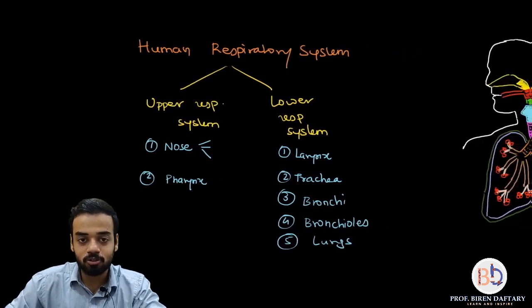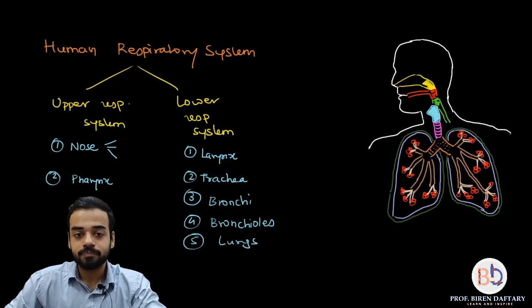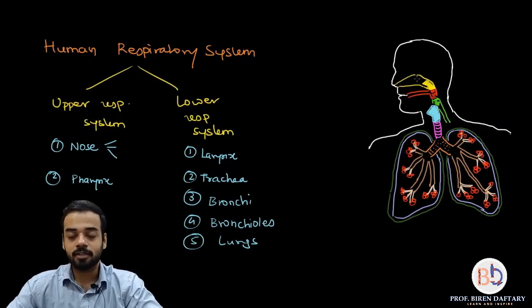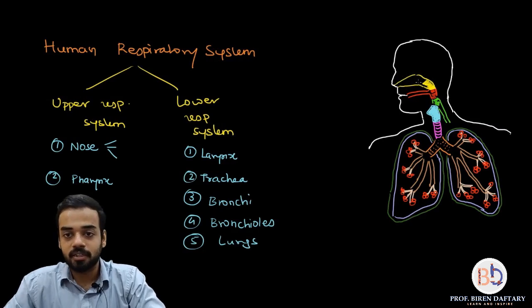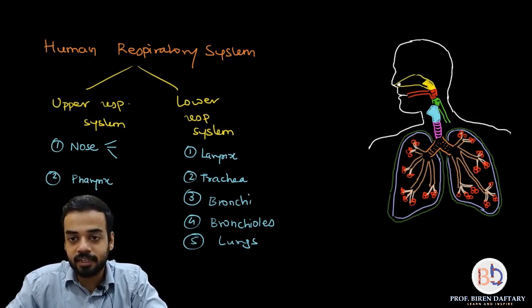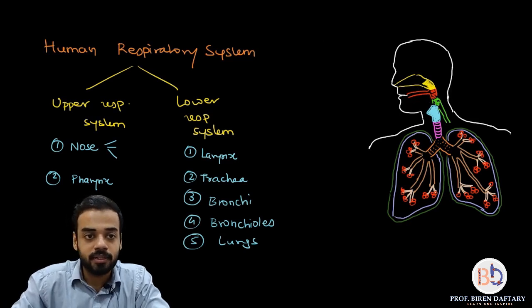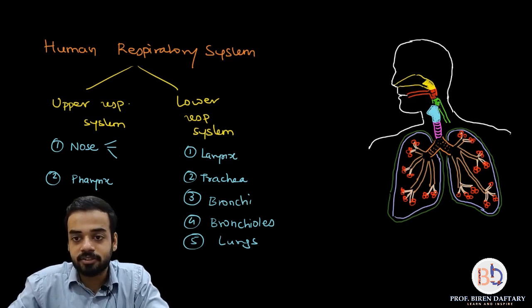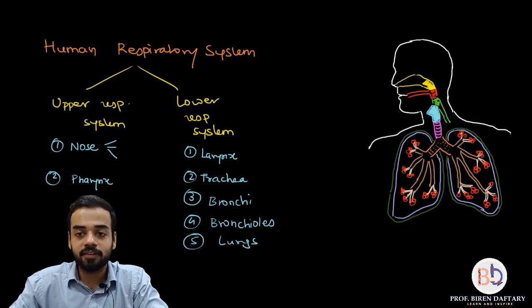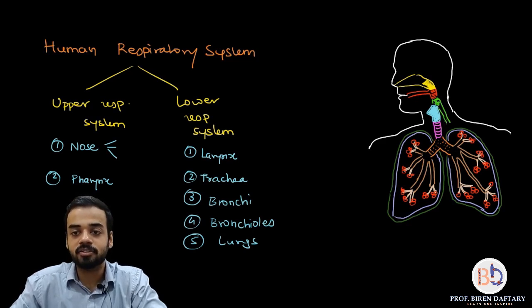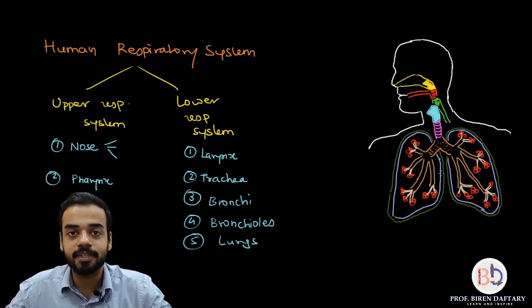Now let us have a look at those parts in the diagram over here. As you see in this diagram, let me quickly tell you all the parts. This entire yellow part, not the shaded region, forms the nose. Then the yellow shaded, red shaded and green shaded regions form the pharynx. There are three types of pharynx, and I'm going to explain that to you. Up till here is your upper respiratory system, and starting from this blue part, which is the larynx, then we come to the trachea, then the bronchi, bronchioles and the lungs. All this remaining part is the lower respiratory system.